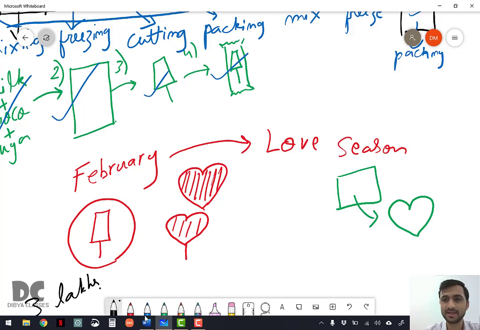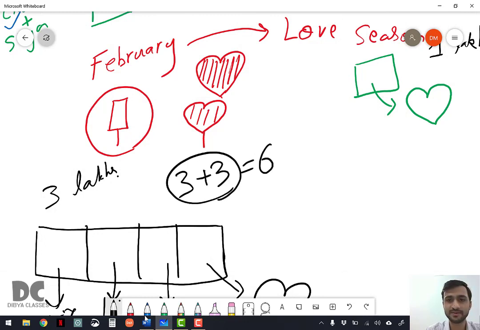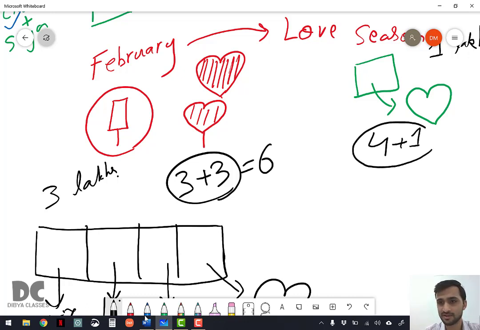So how much money has B invested? Just 1 lakh. So while A invested 3 previously and now again 3 lakhs, total 6, B had invested 4 lakhs and now has to invest just 1 lakh, so total 5 lakhs.